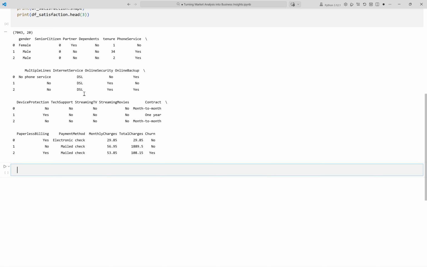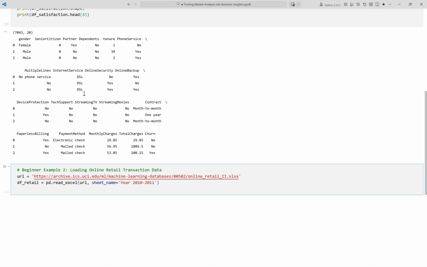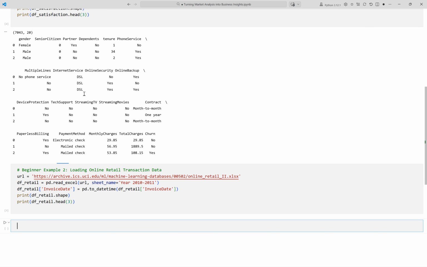In this step, we bring in a real online retail transaction dataset. We download the Excel file directly from UCI, loaded into pandas. We convert invoice dates to datetimes so we can later analyze time trends. We print the data shape to understand the volume. We view the first 3 transactions to see the information captured. Running the cell now. This output shows our loaded online retail dataset contains over 500,000 transactions and 8 key columns,